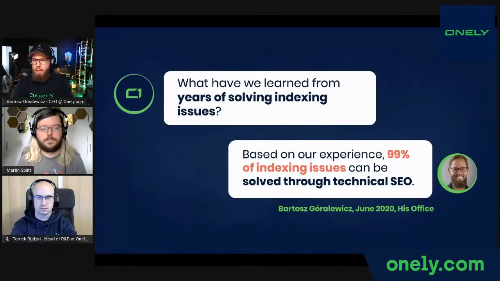Basically, we've been working with these problems for the last year, with a tiny exception of what Martin began with: some kind of Google bugs that we don't really understand. I know that LinkedIn, I think, was in the index, and some of the big brands were very vocal about that, including myself with one of our clients. But those are really the edge cases. With tens or hundreds of websites we analyzed, and actually most of our database, just to make it extremely clear, most of the indexing issues, those brands do that to themselves.